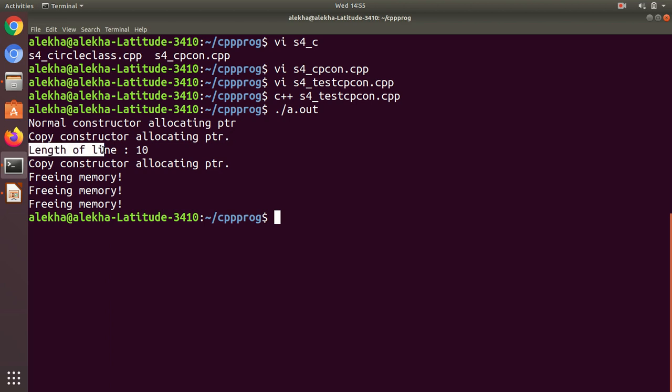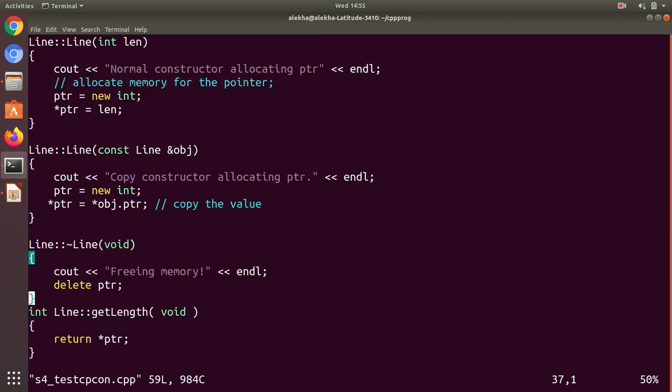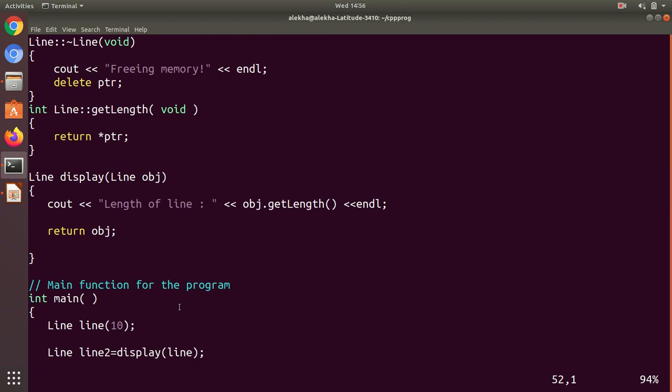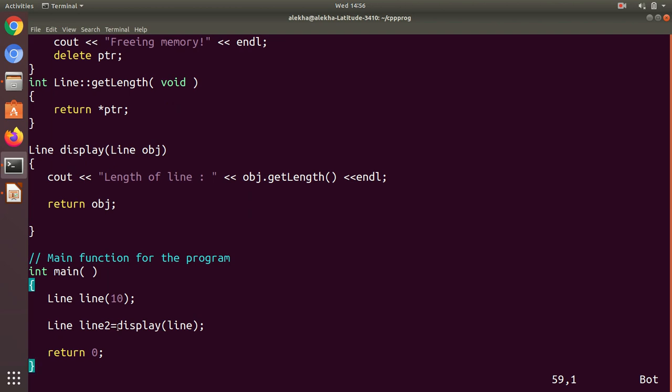Then it prints the length. Then when it returns the object, the copy constructor is called again, so a temporary object is created and assigned to line2. This is the second kind of calling the copy constructor, creating an object from an existing object.